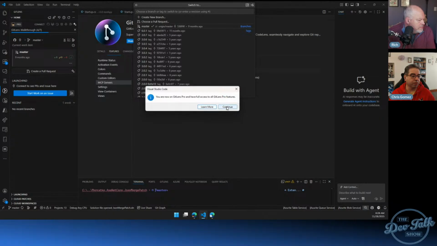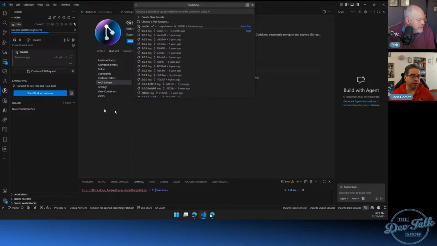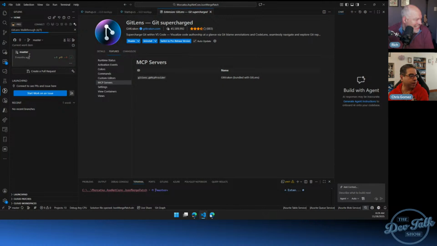All right, so it automatically logged me in there. I guess if you have a GitKraken Pro account, you automatically have GitLens Pro, which kind of makes sense, but I wasn't sure. So now apparently I have access to more features, but I'm not sure what they all are yet. So, all right.